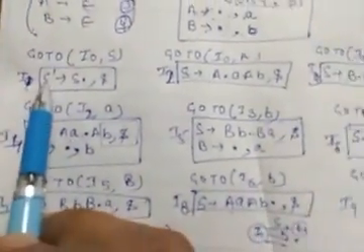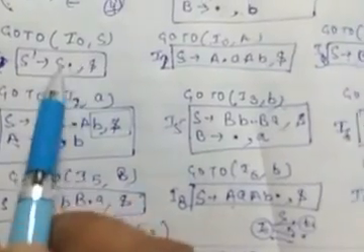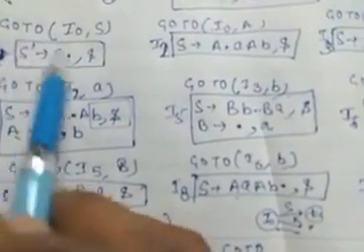So let's complete the other states also. In the state I1, we will find S dash to S dot, and we have told you that if there is no element after dot and it is the start non-terminal, then we will put accept corresponding to dollar. So you know that. Now come to the I2 state.